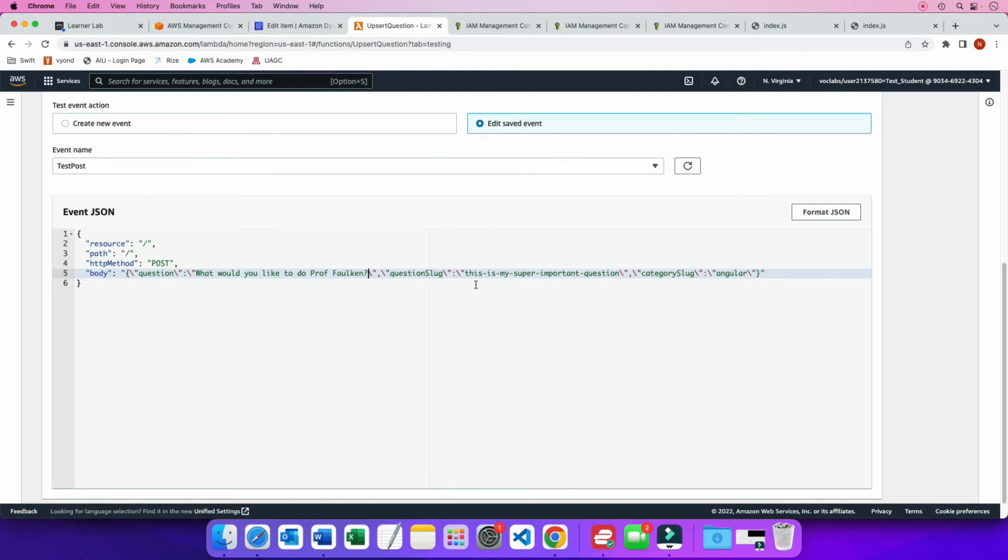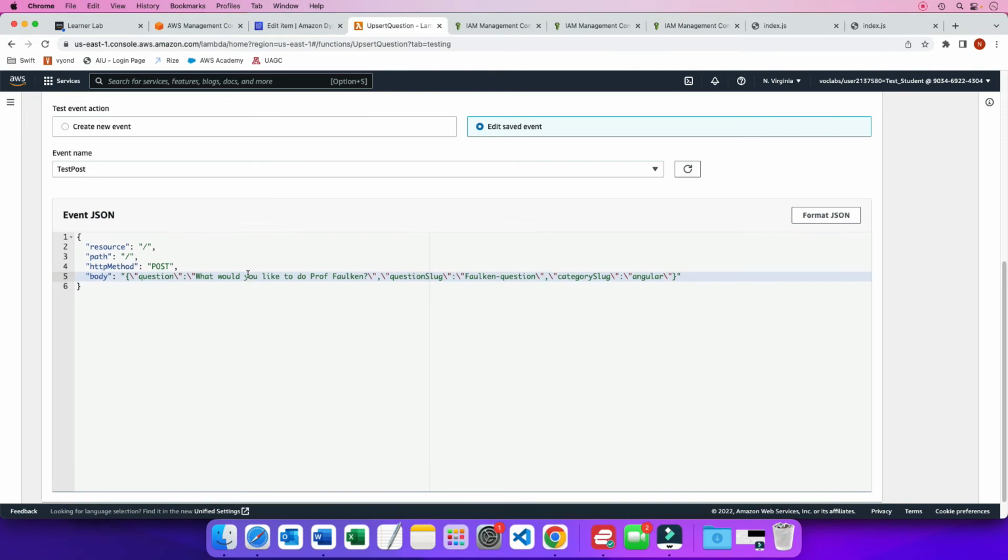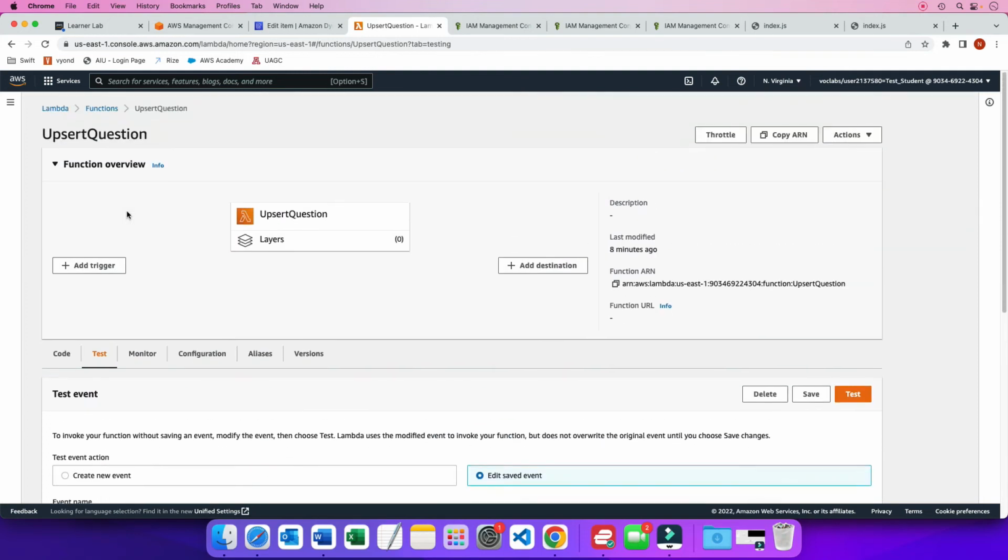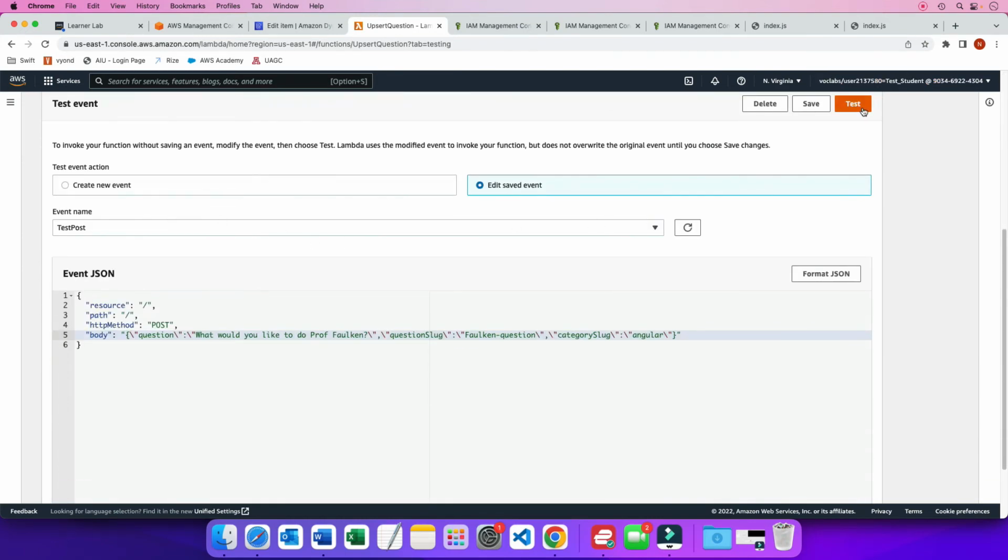Okay. And I'm going to give it Falcon question. All right, so this is my question that I'm going to be adding into my question table. Now I'm going to be running the Upsert Lambda. So if the question is already there, it's going to update it, but if it's not there, it's going to insert it. So I'm going to run this, test it,